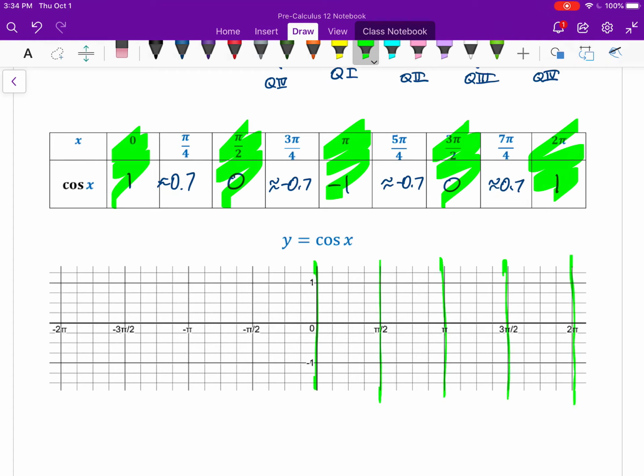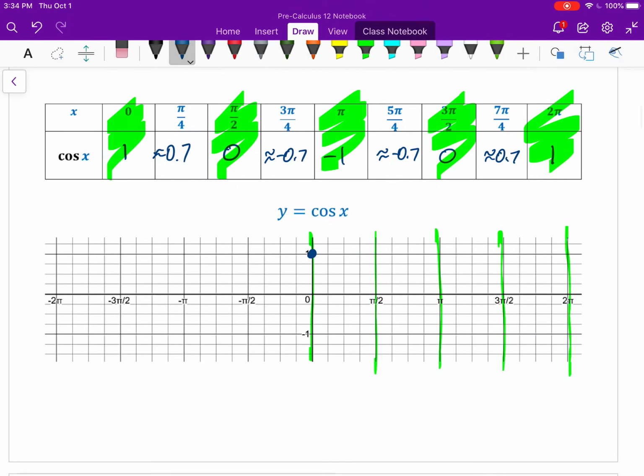And so the cosine of 0 is 1, so about right here. The cosine of pi over 4 is about 0.7, so about right here. The cosine of pi over 2 is exactly 0. Going into the second quadrant, cosine is negative. So here we get about negative 0.7 at 3 pi over 4. And then it starts to go back up. And if I just plot these points,